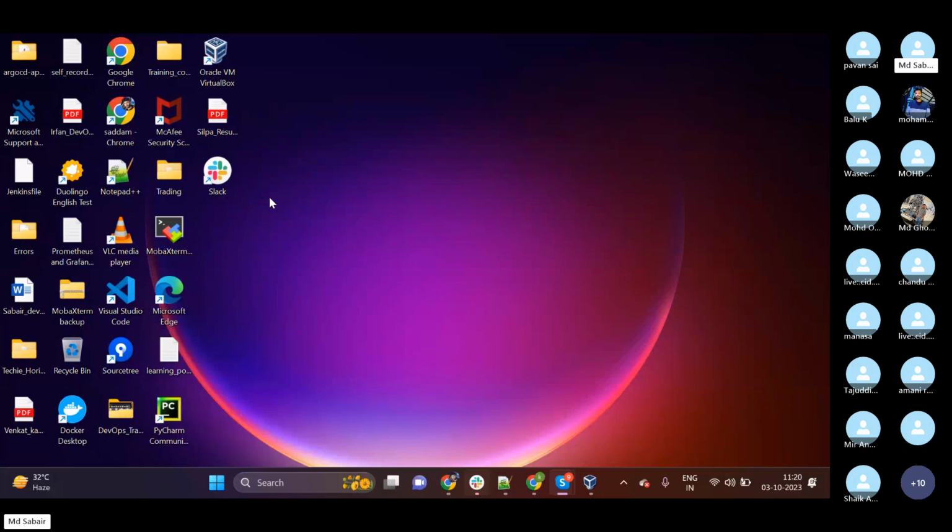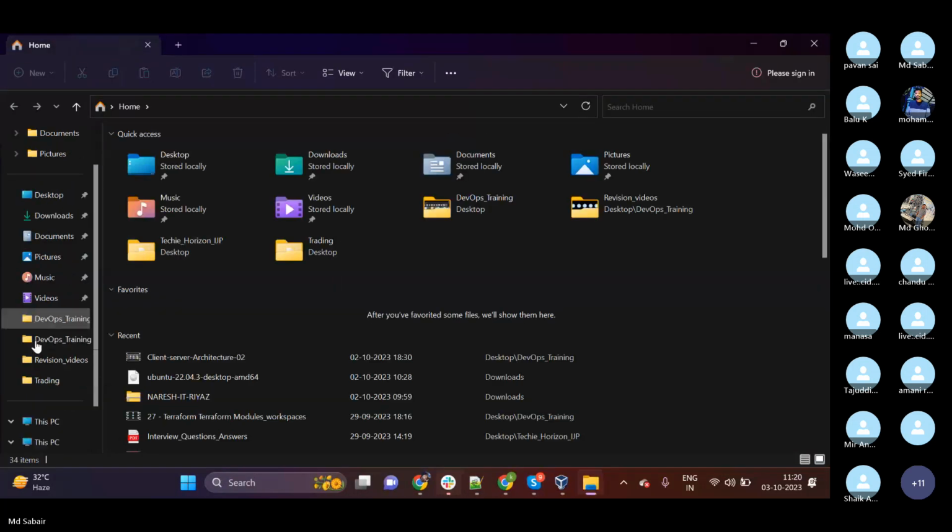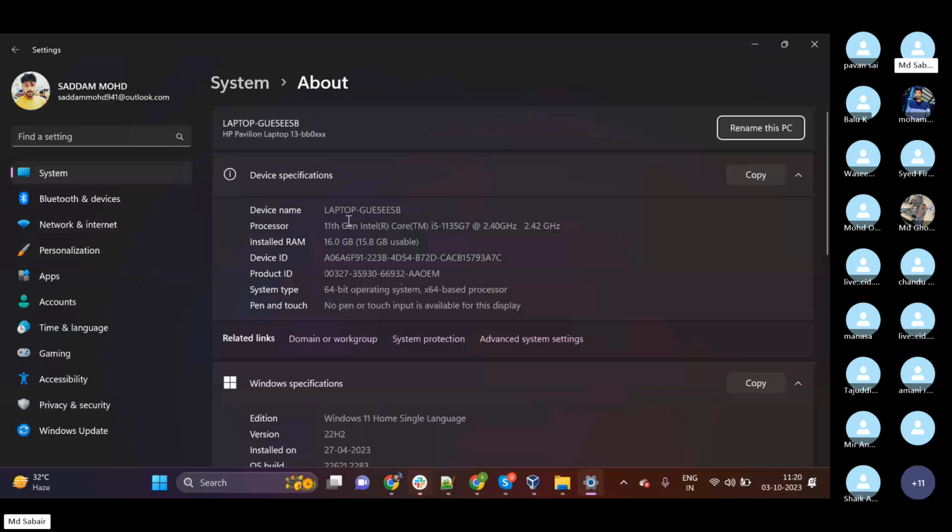So what they did was, if we have 64 GB of RAM and 5 cores of CPU, we can segregate that between different operating systems. If you see this laptop, it has 16 GB of RAM and 5 cores of CPU.